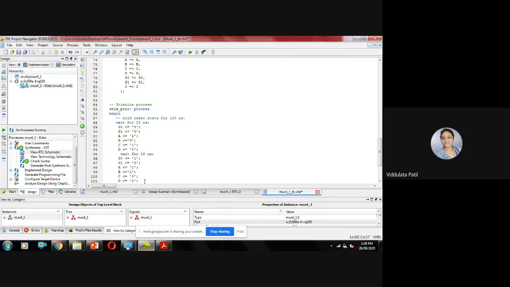Z will be equal to... yes, what will be the output? In this case, S0 is equal to 1, S1 is equal to 0, A is equal to 1, B is equal to 1, C is equal to 0, and D is equal to 0. What will be the output?